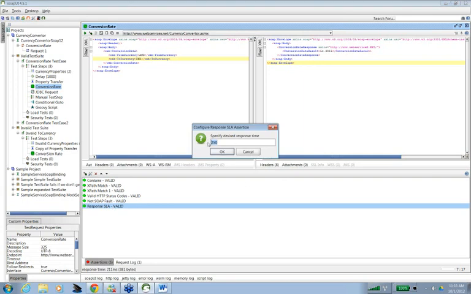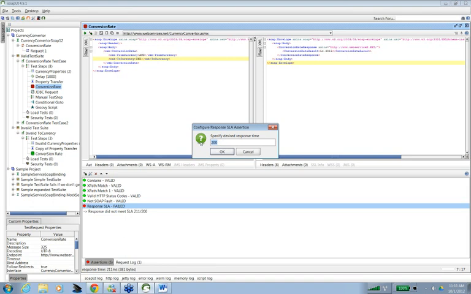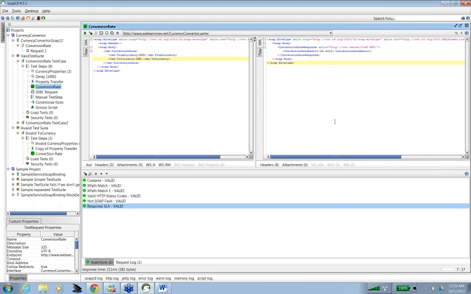Had it been 200, it would have failed, since it did not meet the SLA of 200, because the actual was 211. For this case I am using 250. So assertions are analogous to checkpoints in QTP.